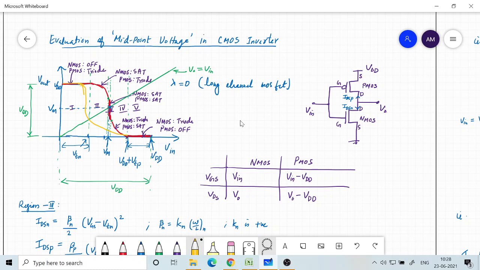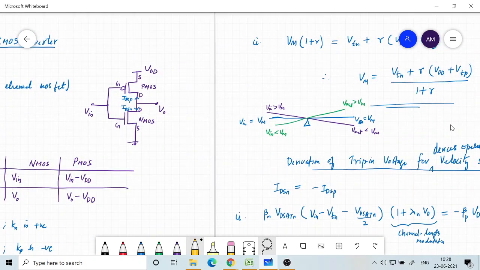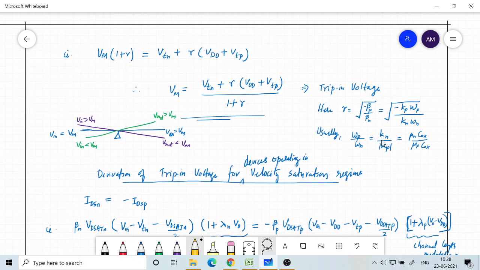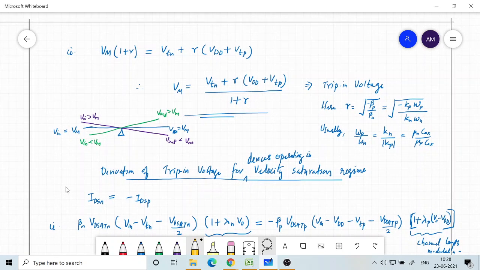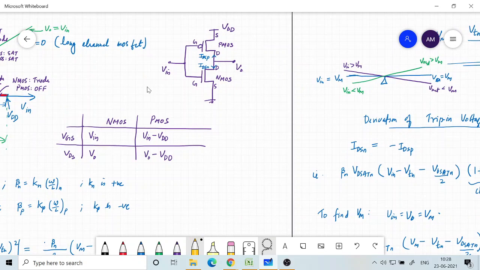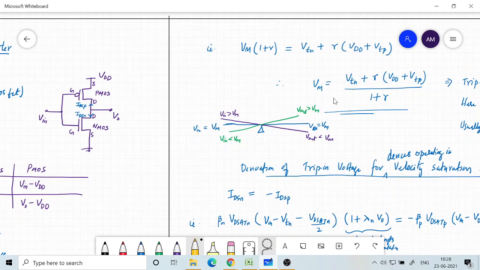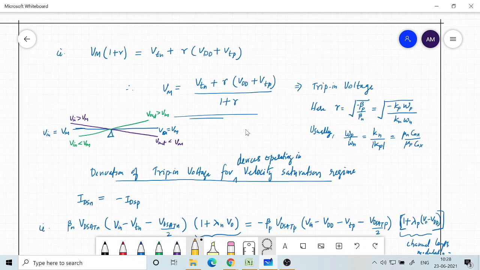And similarly, if R is increased, what is going to happen? If you look at the expression for R, if your R is getting increased, it means WP is increased relative to Wn. Okay, so that also you have to study. If WP is getting increased, in which direction will this shifting happen? It is very difficult to say from the equation, because R is in both numerator and denominator. So it is something that you have to see, and then you have to look at what is the reason for that.